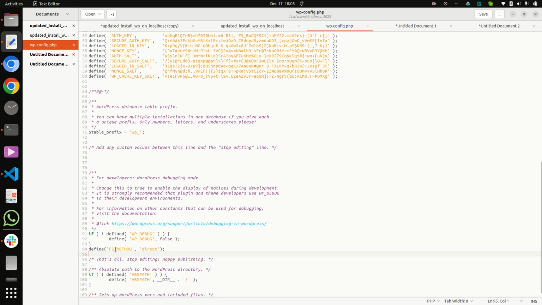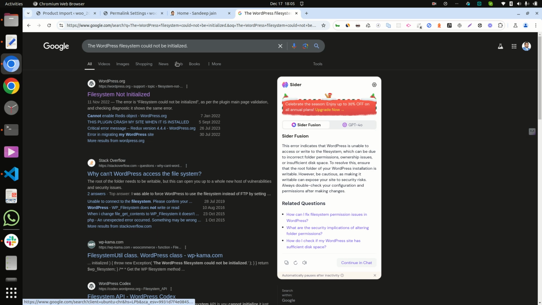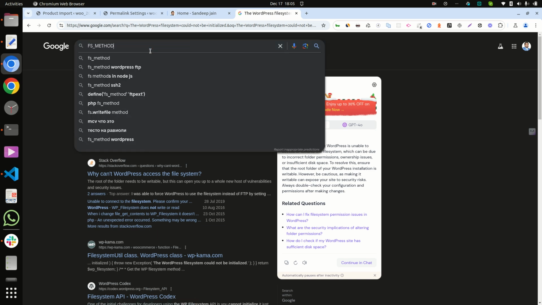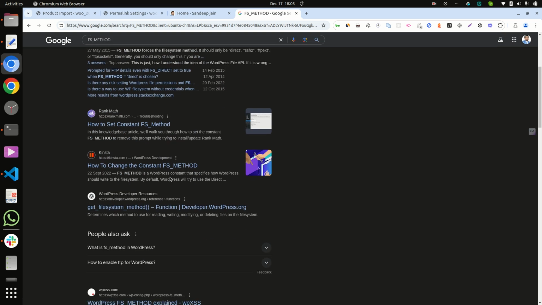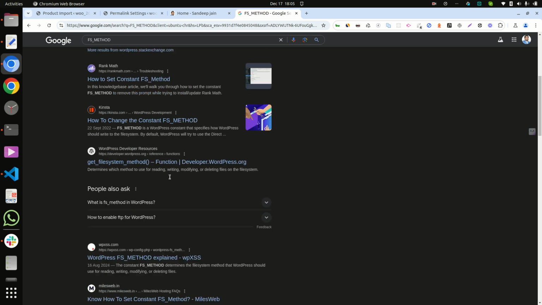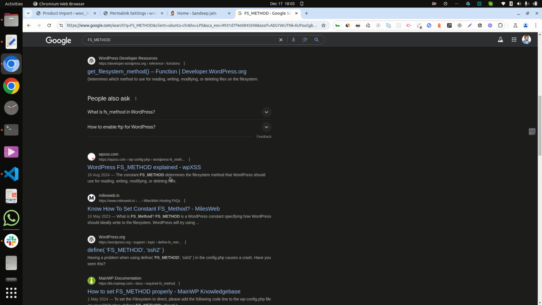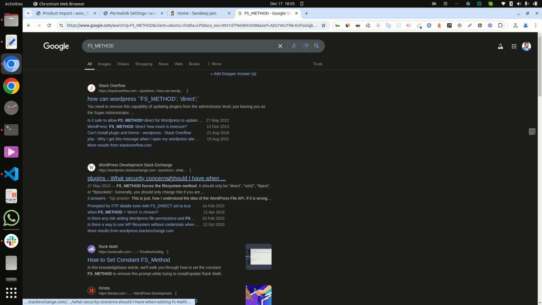If you search FS_METHOD, you will get lots of information about it. Basically, this method directly works without FTP, SSH, etc.